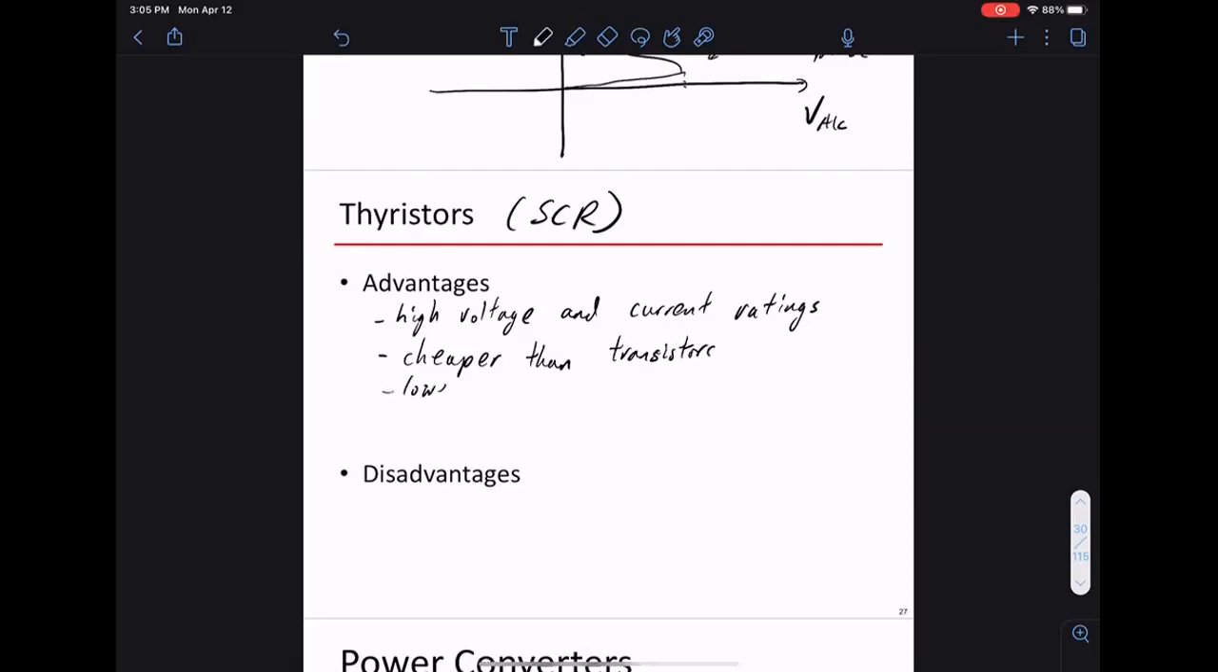This is lower loss, as we said. You only need to apply one single pulse per turn on, so it's lower loss. And the nice thing is, this has a natural turn off. The technical word is commutation. Commutation means that you stop conducting. Natural commutation when